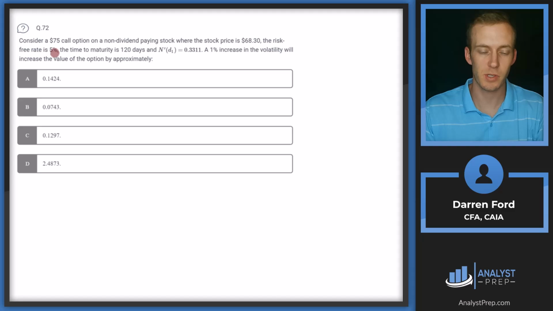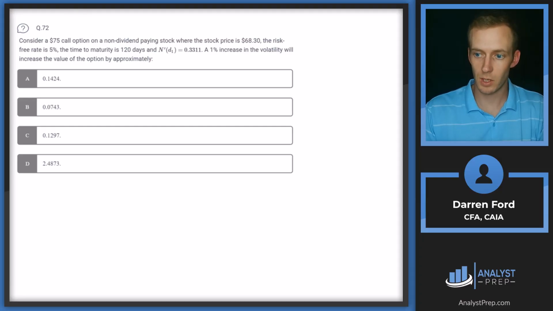The risk-free rate is 5%. The time to maturity is 120 days. And N(d1) is 0.3311. A 1% increase in the volatility will increase the value of the option by approximately what? So to understand how a volatility increase is going to affect the value of the option, we need to know what our Vega